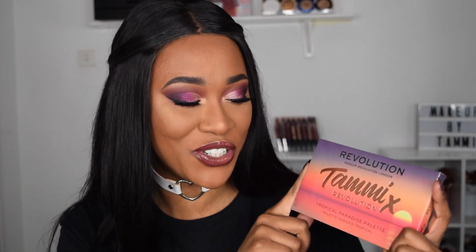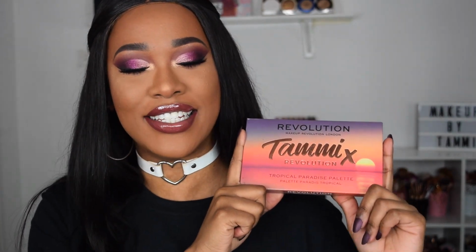So here we have the palette, guys. This is my collaboration eyeshadow palette with Revolution. Like, can you believe this is happening? I never thought this would ever happen to me. Like, I can't stop smiling right now. Yeah, this is the Tropical Paradise palette,